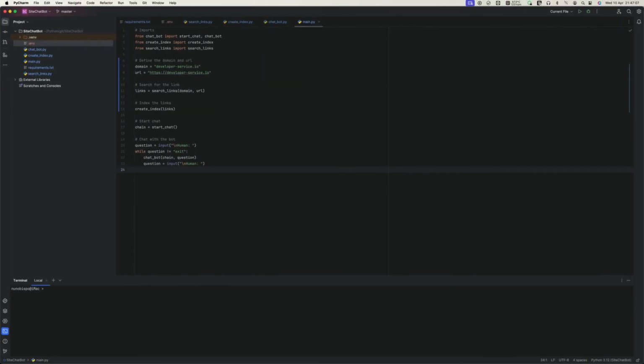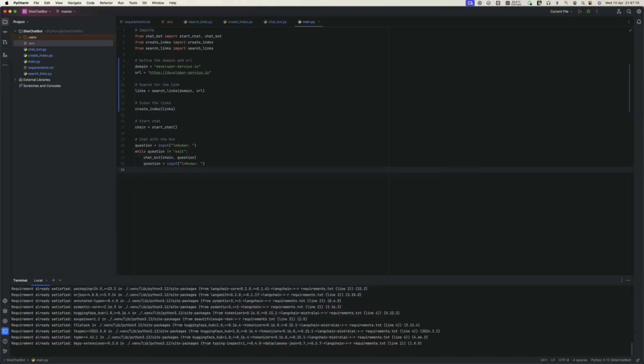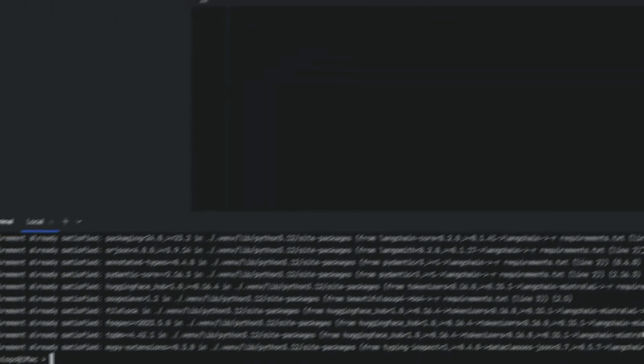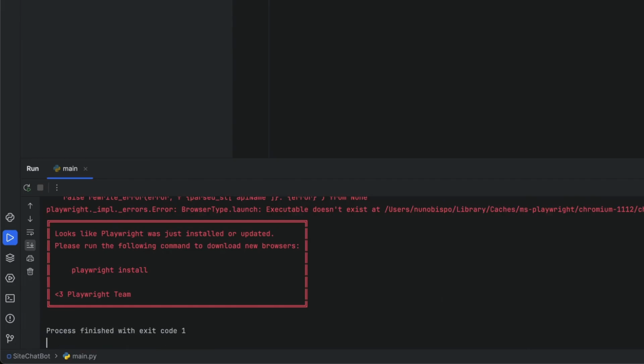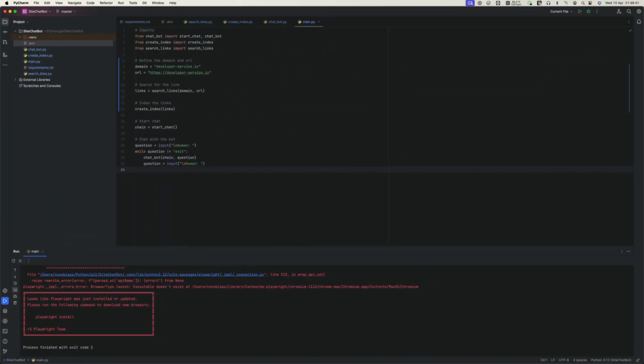Of course, if you have not installed already, you're going to need to install the requirements with pip install -r requirements.txt. I have already installed, and now we can run the file. I'm going to use, in this case, the run from PyCharm to run the file, and we'll see what has happened. So it will first start getting a list of the. So as you can see, we have an error